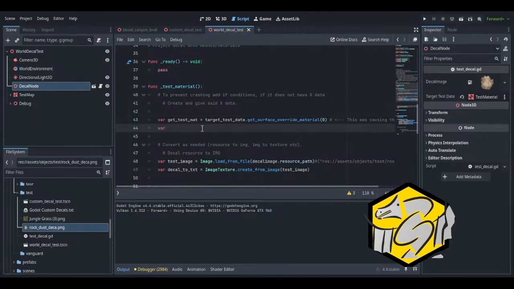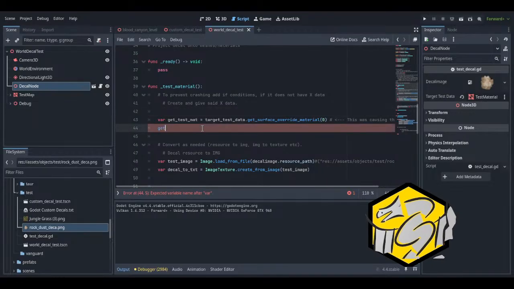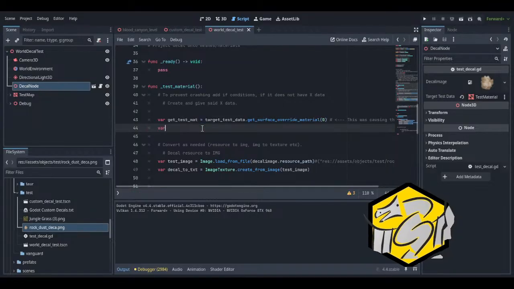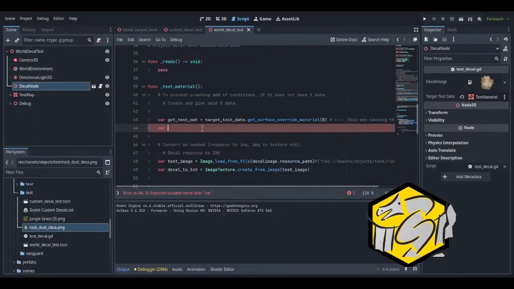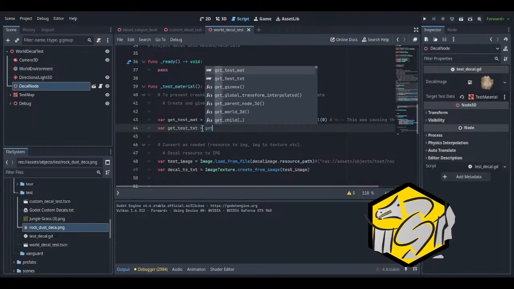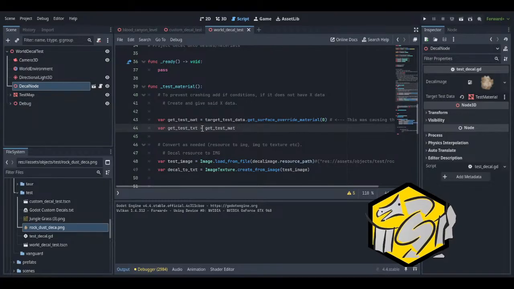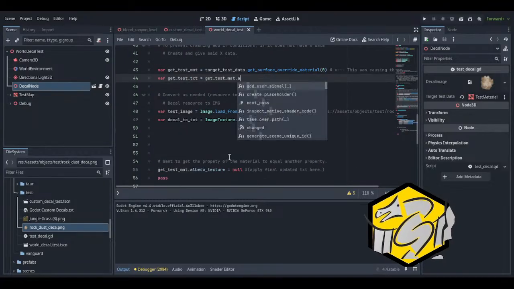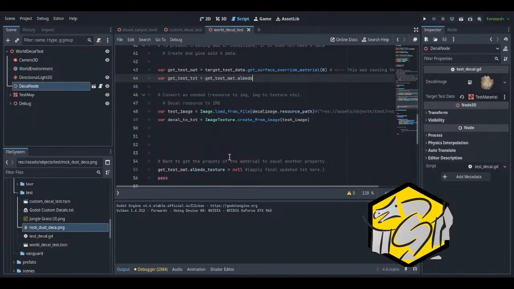So var, or no, var get test texture equal get test mat dot albedo texture.